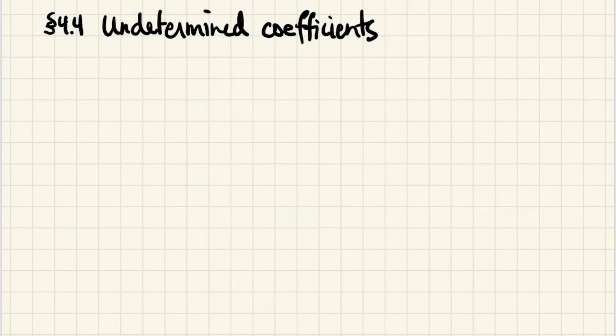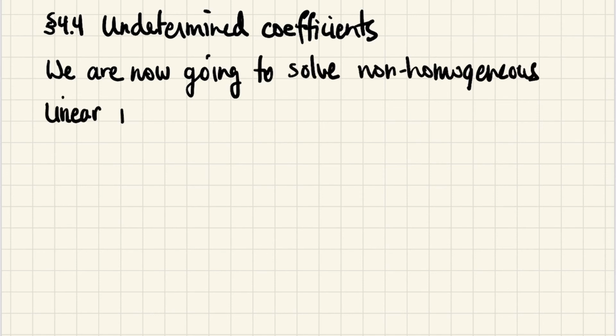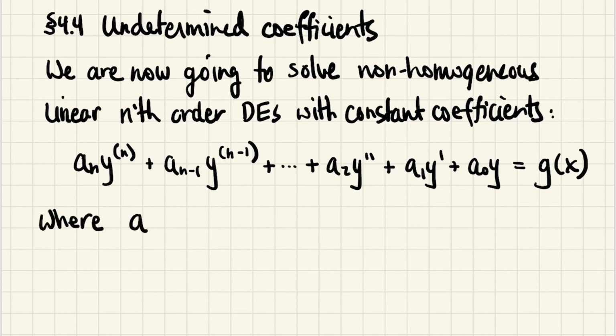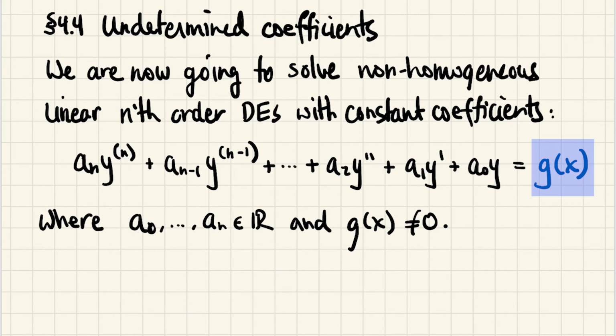Okay, so we are now interested in solving non-homogeneous linear nth order differential equations with constant coefficients. To be clear, the only difference between this section and the previous section is that these differential equations will be non-homogeneous, meaning the right-hand side will not be 0. It'll be other stuff. All right, so the key again being that g of x on the right is no longer going to be